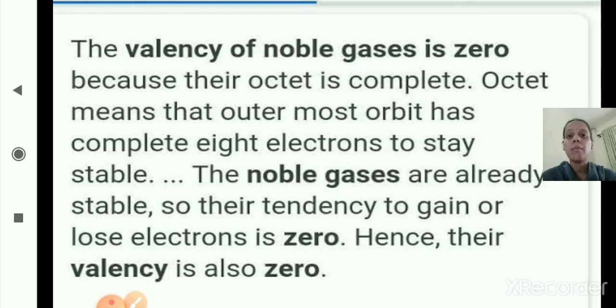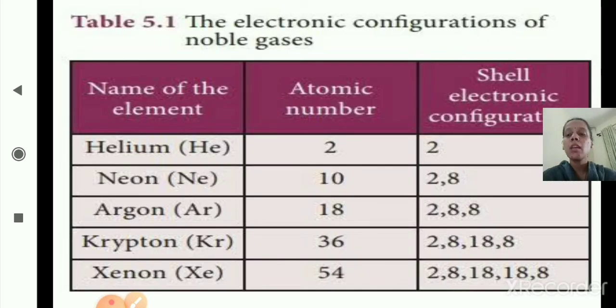Just now we have studied argon, neon and helium. Now we will see more noble gases, or the inert gases. Noble gases are also called inert gases. Now see, here one table is given. The names of the elements are given. These are the inert gases or the noble gases. Just now we studied helium, neon and argon. Now the next are krypton and xenon. That also we will see.